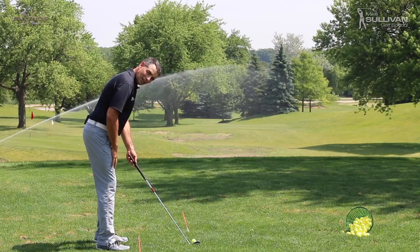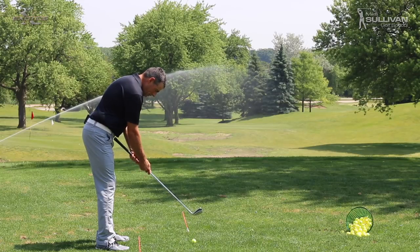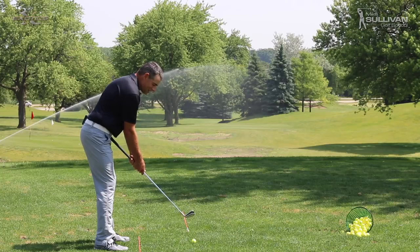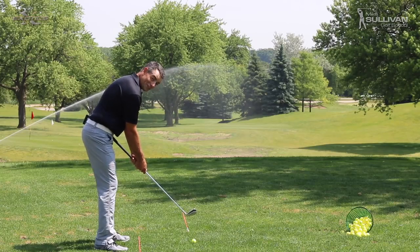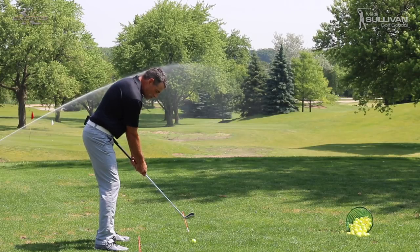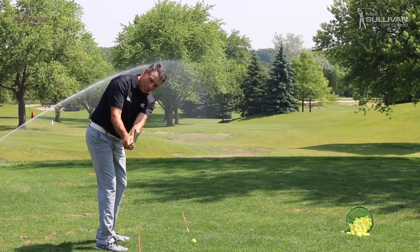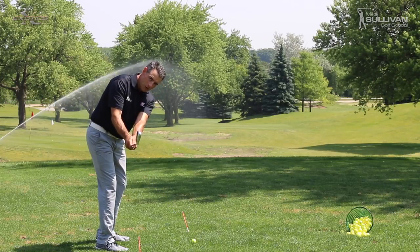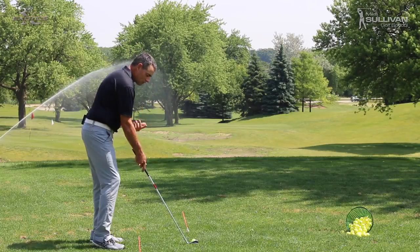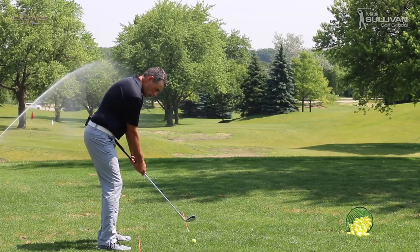I'm going to take this club and I'm going to actually grip it so that the butt end of the club is right on my belt buckle. We call this the butt in the gut drill. Say that three times fast. Butt in the gut. And I'm going to start my swing now, making sure I use my shoulders to get started. It makes it a lot easier to get started with this one-piece takeaway this way and keep your club on plane. So what you want to do is, if you're slicing, get a mirror out so you can see what you're doing from down the target line. Do your butt in the gut drill a couple times,